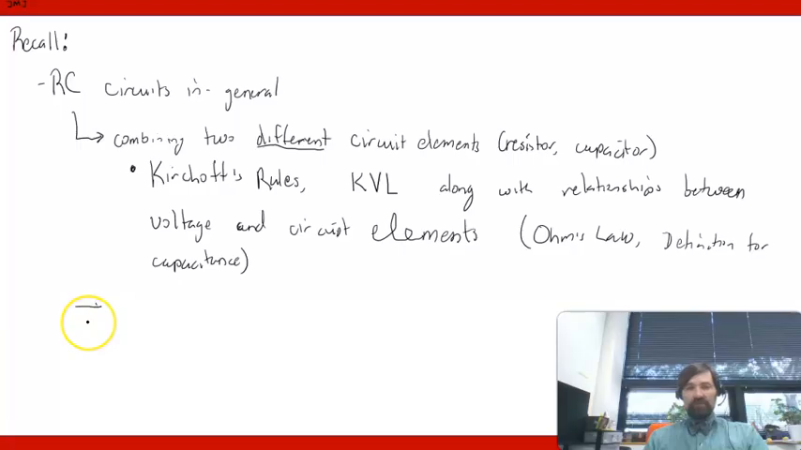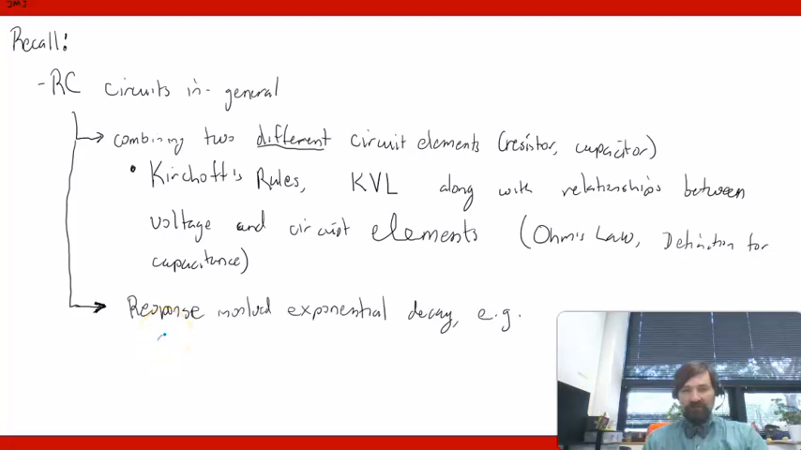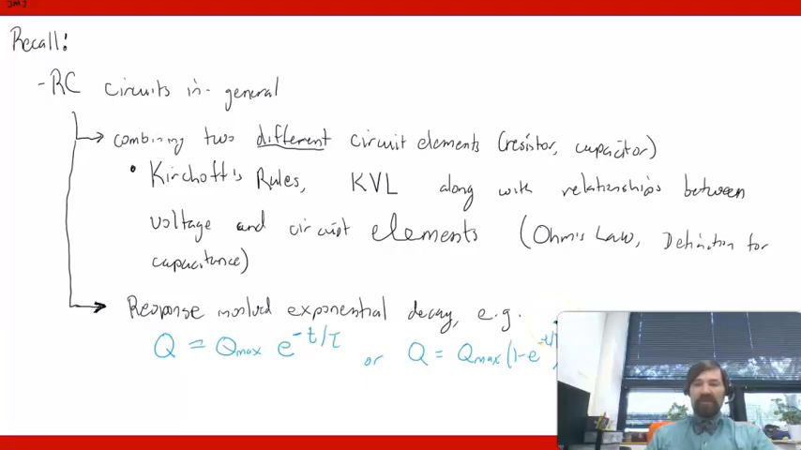The other thing to sort of recall from these circuits is that they ended up having a response which was an exponential decay, such that, for example, the charge on the capacitor might be some maximum charge times e to the negative t over tau, or alternatively some maximum charge times 1 minus e to the negative t over tau. And note that both of those things are indeed exponential decays. It's just that one happens to be a downward decay and the other happens to be an upward